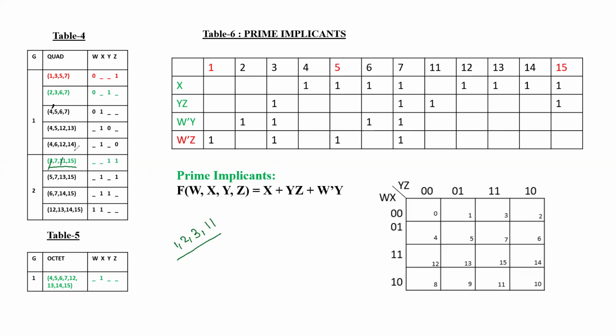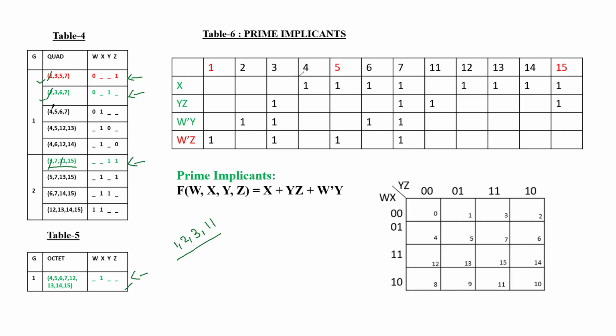Next, we'll look for 1 and 2. So in this, we are able to find the 1. In this, we are able to find the 2. So finally, all min terms we are able to cover. So finally, this one, this, and this is what we have earlier here. If you want to name this, we can give this is the first one, this is second, third, for any sequence we can keep. So finally, these things we are going to arrange in table 6, that is the